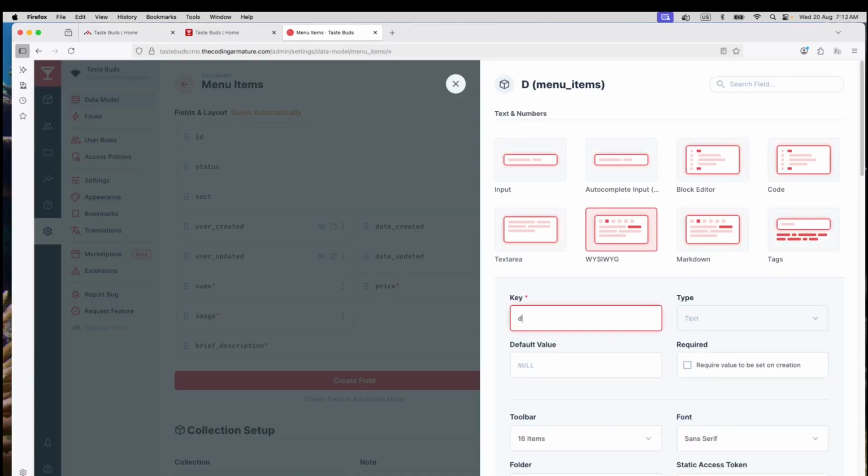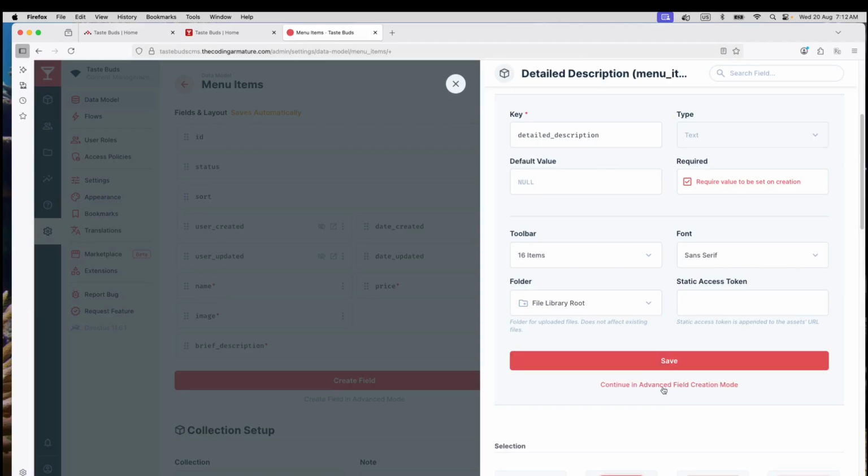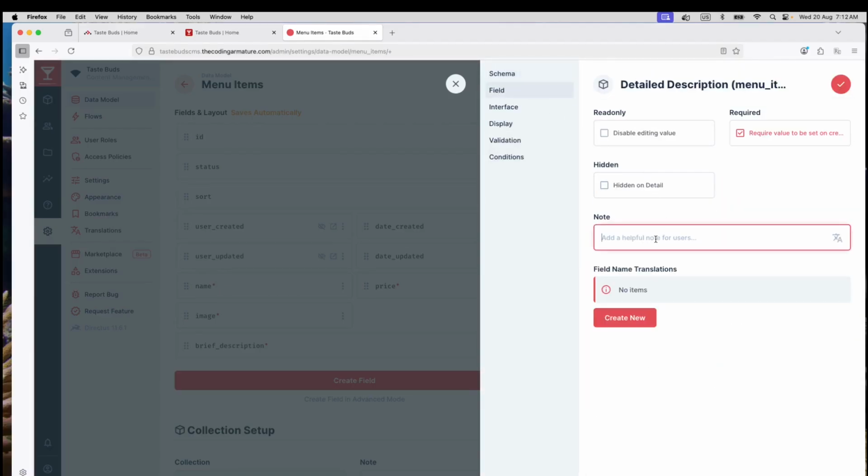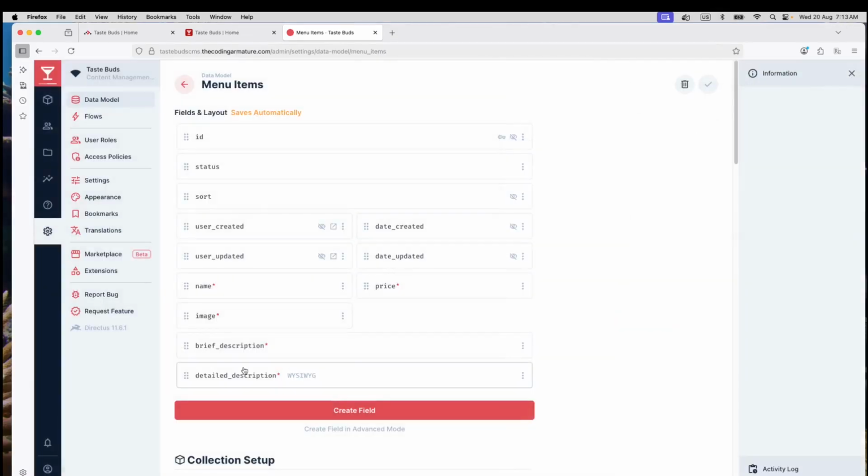So I'm going to name this detailed description. Okay, this is also going to be required, and let's go to our advanced field. All right, and put a detailed description of the menu item. Okay. All right, and let's save that. All right, so